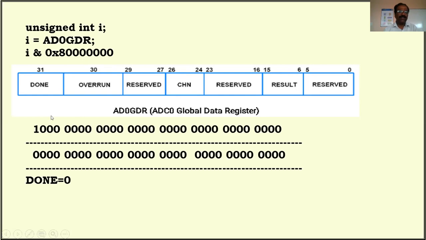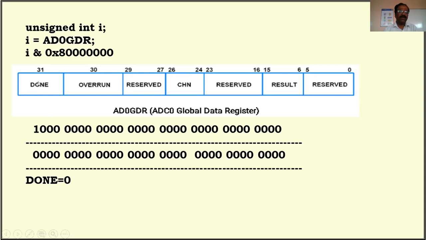Now I'm going to multiply the content of this register, which is available in i, with this masking data. Therefore, here 1 into this. We know that 0 multiplied by anything is 0. Assume bit number 31 is 0. So the done bit is 0.